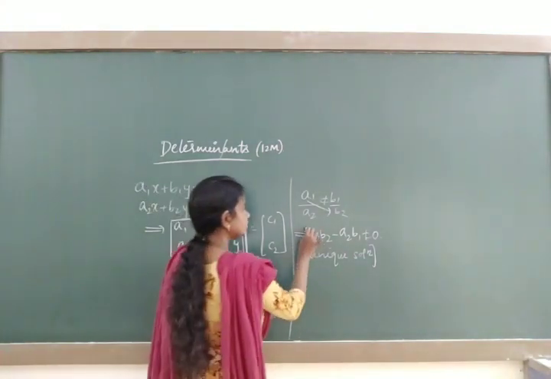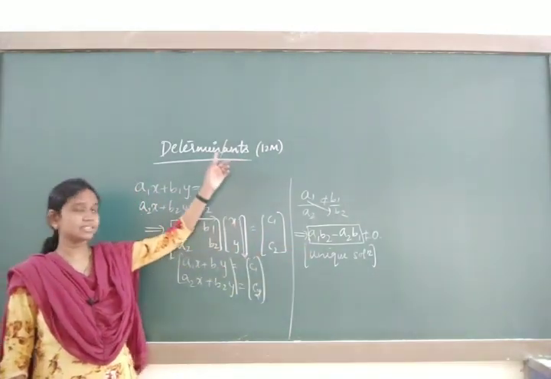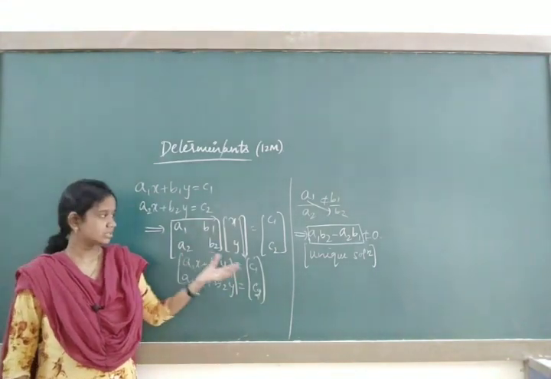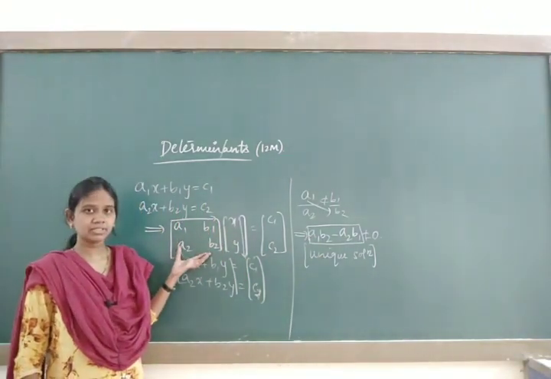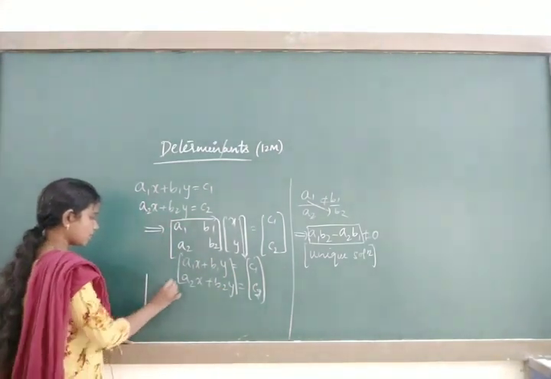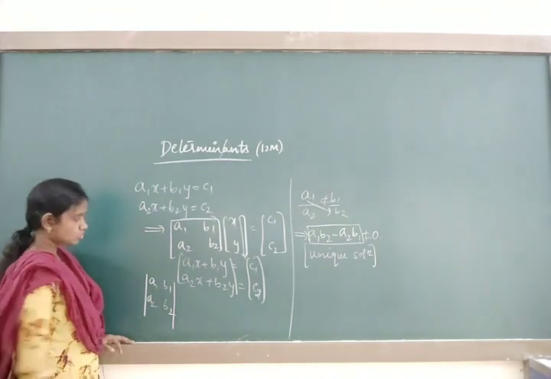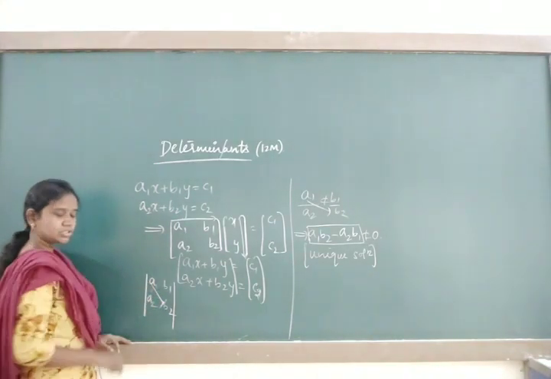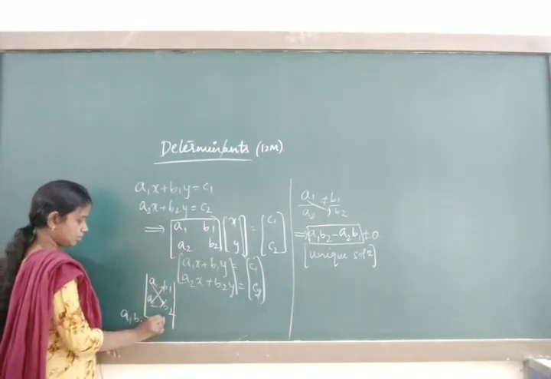Now the number a1 b2 minus a2 b1 is denoted as a determinant in the chapter on determinants. Whatever matrix we have is in a closed bracket. Now if you keep it in a bar, a1 b1 a2 b2, that number can be represented in the form of a determinant. You just take the primary diagonal a1 b2 and the secondary diagonal, minus a2 b1.